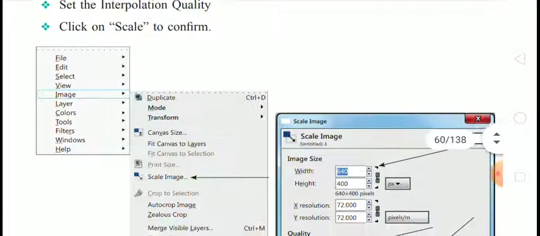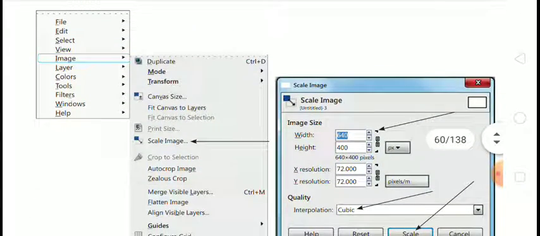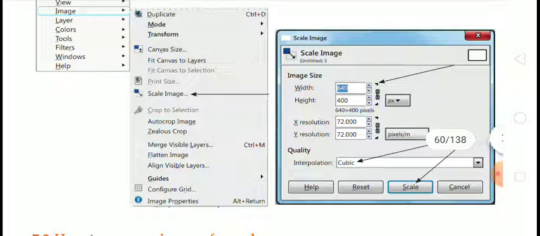You can see in the image. So here image menu is given. Then we have selected the scale image option. In the scale image option, the scale image dialog box is visible on the screen. In that we can see image size. In the image size group, height and width are given.